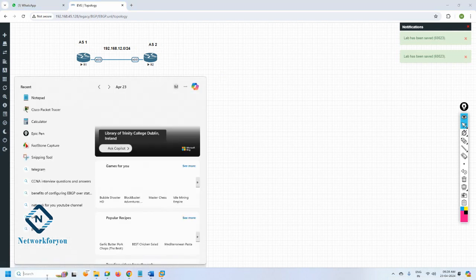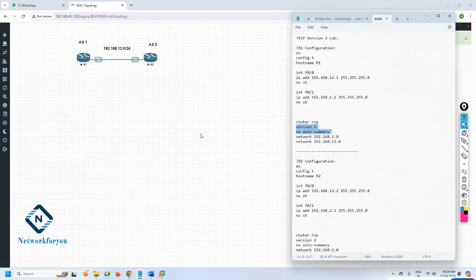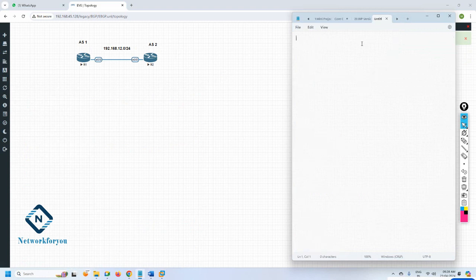So let's do the configuration. We can do the configuration in the notepad. So let me take the notepad. I will write here eBGP, or what we will use, BGP timer lab. Here I will write R1 configuration,